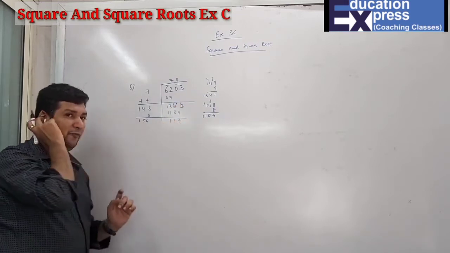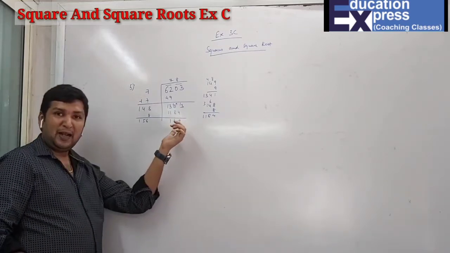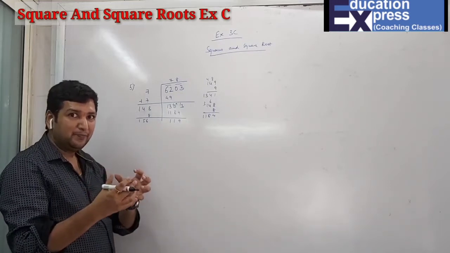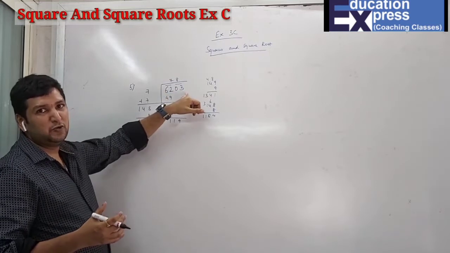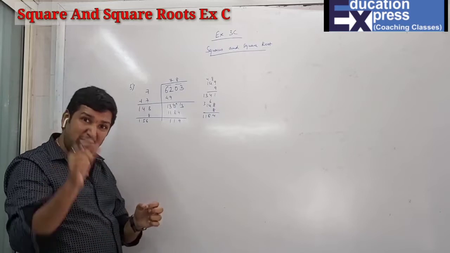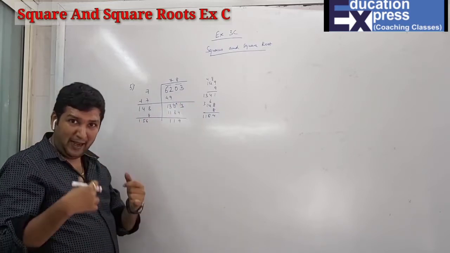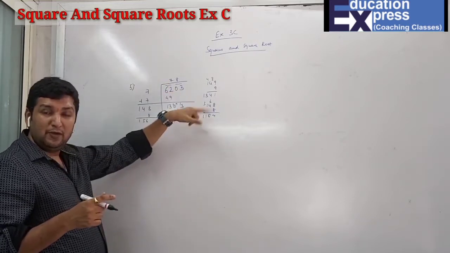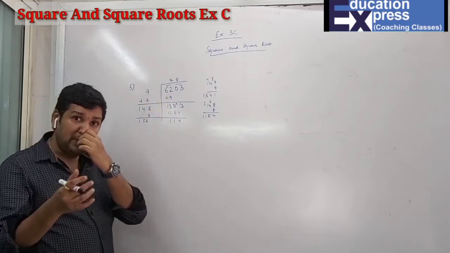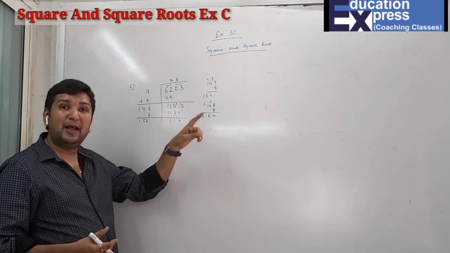Now here, if they had asked for the number to be subtracted, I would have subtracted 119, because obviously the number which has a perfect square is less than 6203. Now I have to find the number which I have to add to this number. That means I have to find the perfect square which is more than 6203. So whenever you are adding, you have to find the perfect square which is more than 6203, and the number to be added to get a square from 6203.